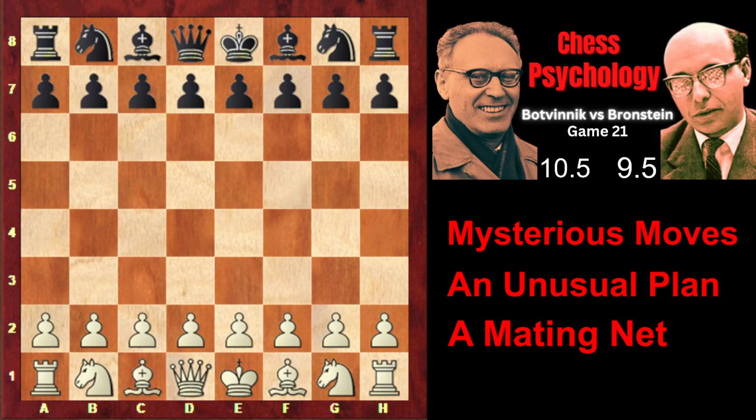In Game 21 of the 1951 World Championship match, the challenger David Bronstein finally played his favorite King's Indian Defense. He desperately needed a victory and chose an original opening strategy. As he writes in his annotations, he made five consecutive moves that served a single purpose, namely to confuse the